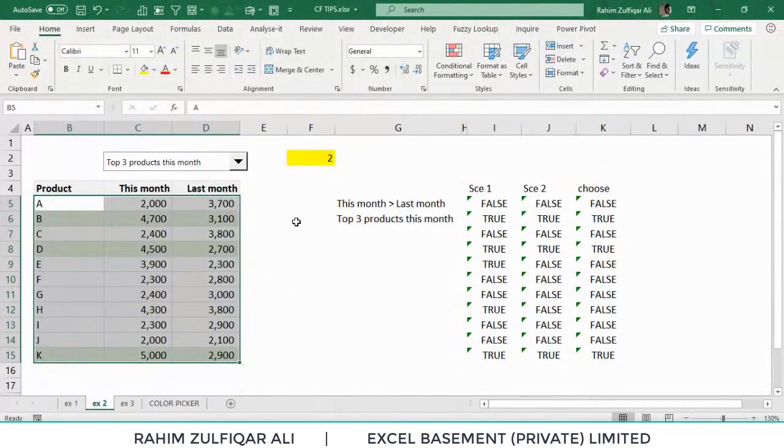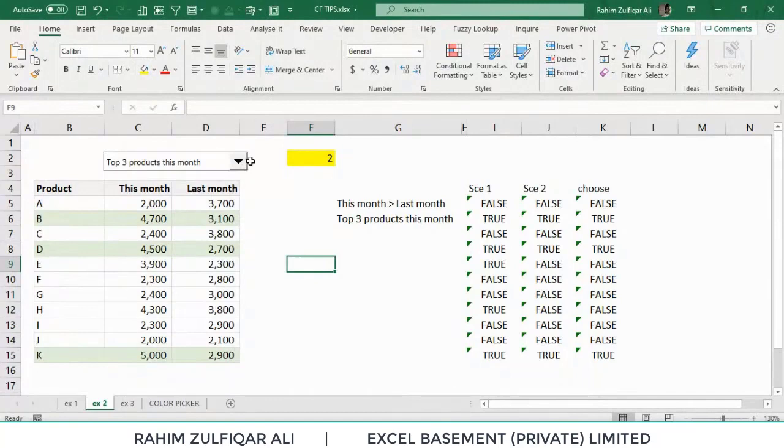Now on my combo box, it's highlighting only the top 3 rows. And if I select this month greater than last month, according to that situation, the conditional formatting rule gets activated. If I select the second situation, it changes again, and if I select the first situation, it changes.